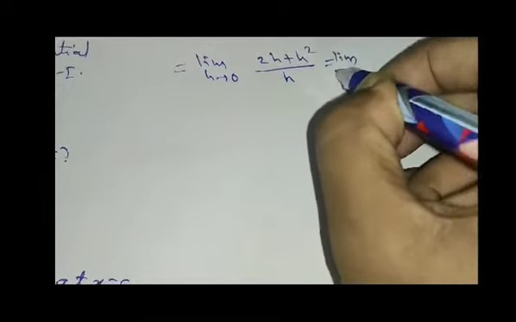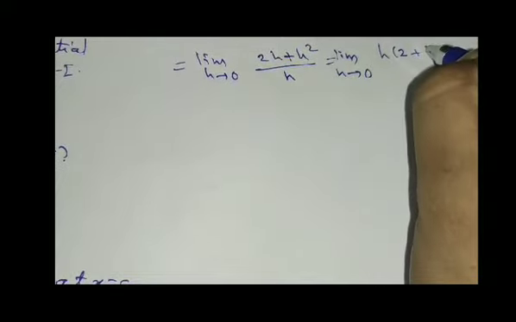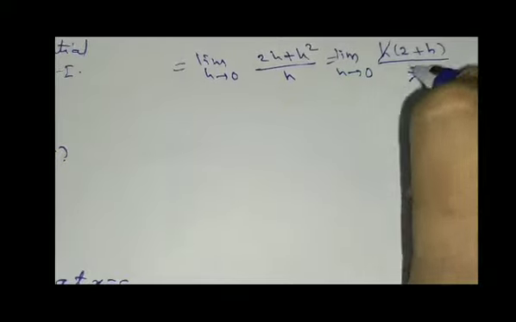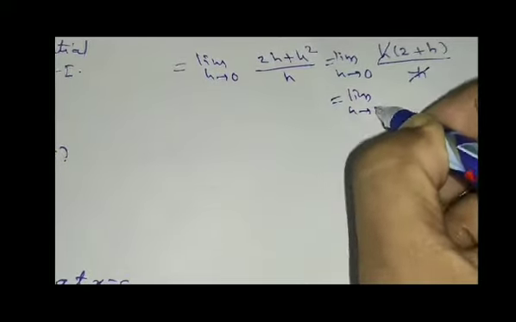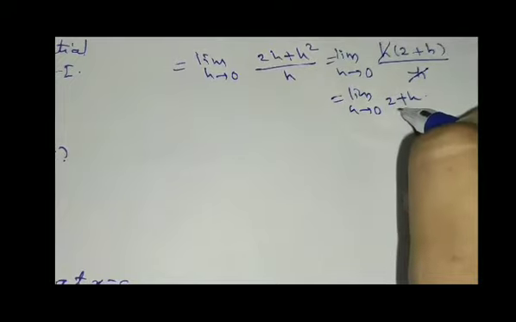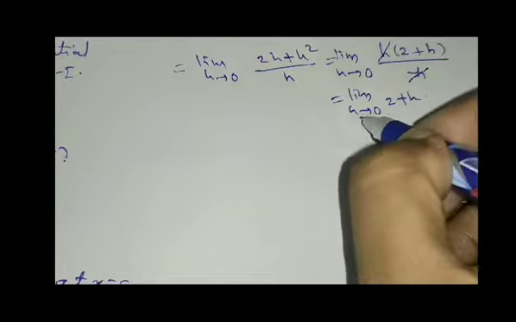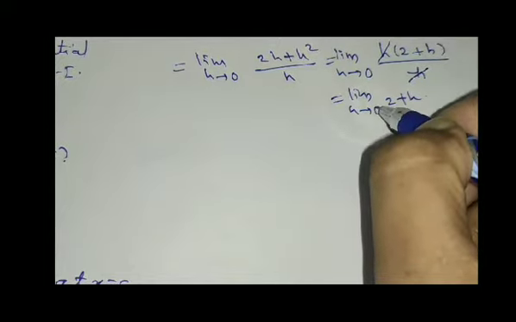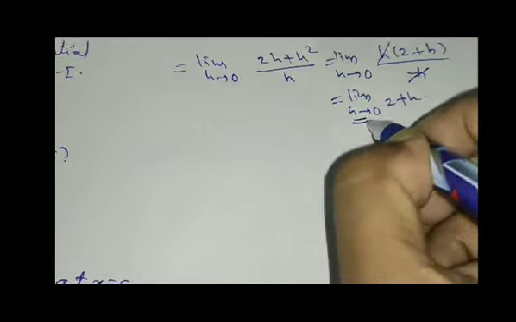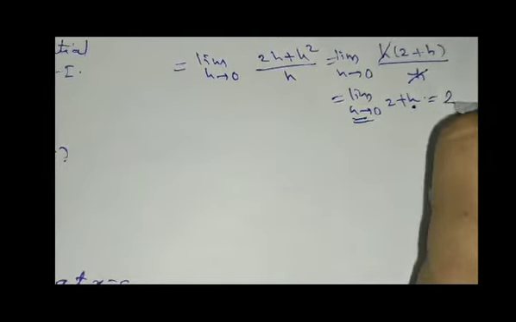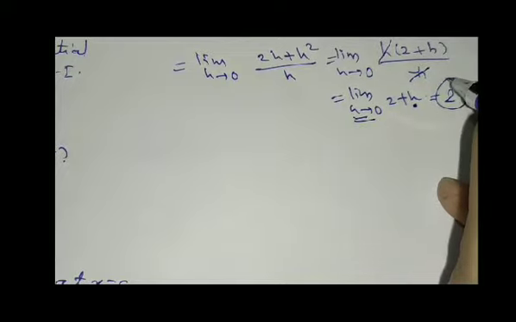So from numerator and denominator we can take h common. Taking h common, h of 2 times h divided by h, we get h cancel, and the limit as h tends to 0 is 2 plus h. So here, when our h approaches 0, when h is very negligible, that is 0, then our limit tends to 2, and therefore our f of x,